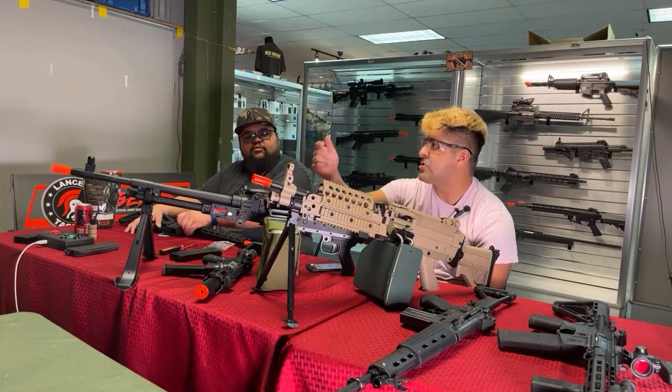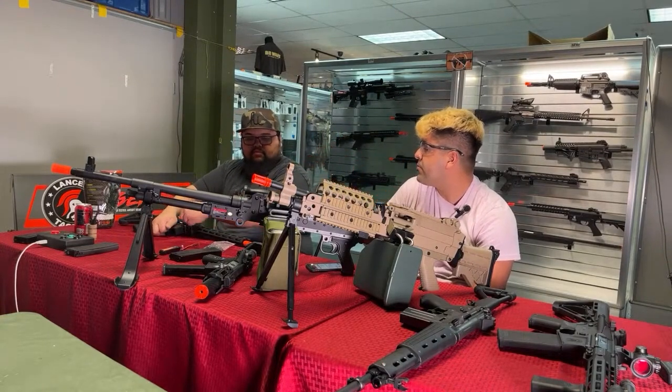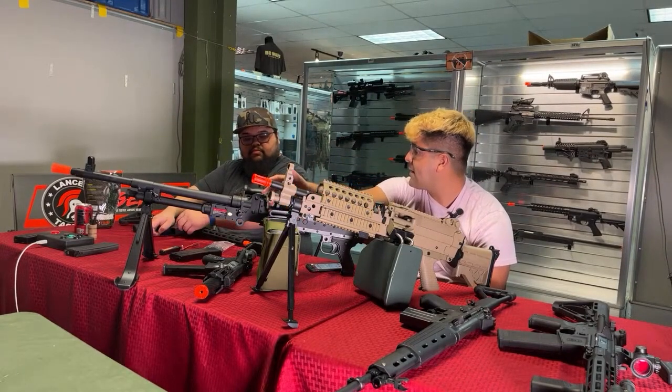Yeah, it's easy to just swap it. All right, let me just swap it out for another spare one that I have, which is what a lot of guys, even myself, will do. I have a spare box mag whenever I go to MSW. Yep. But if you break one of these guys, you have to